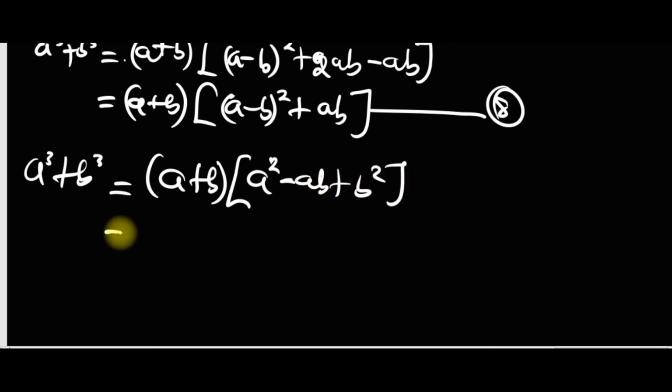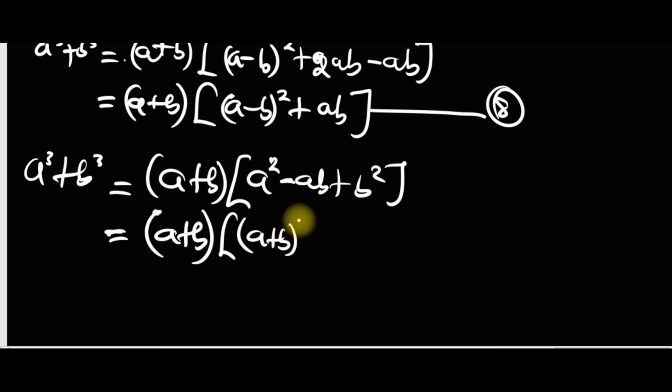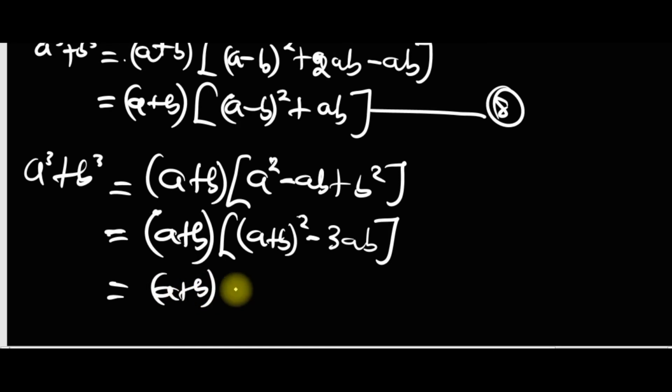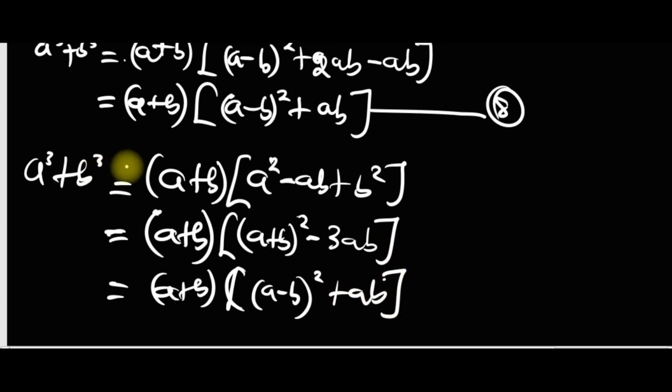The second one, we have a plus b all squared minus 3ab. So that's the second one. And finally, a plus b times a minus b all squared plus ab. So that's the three